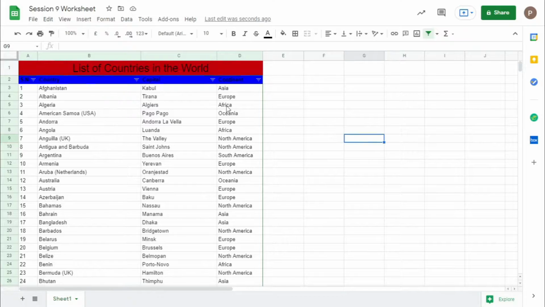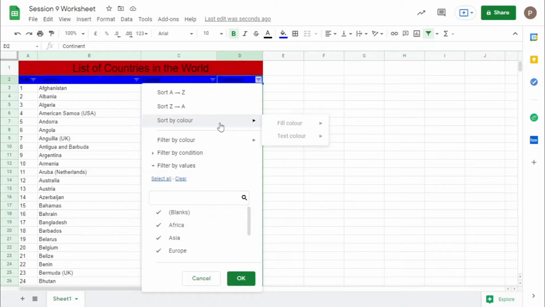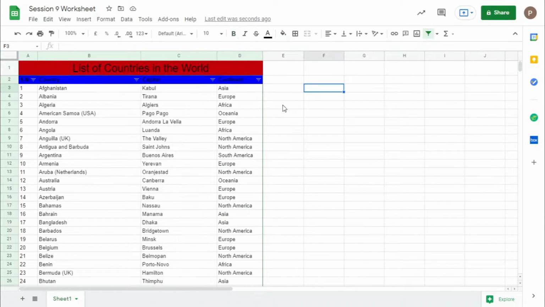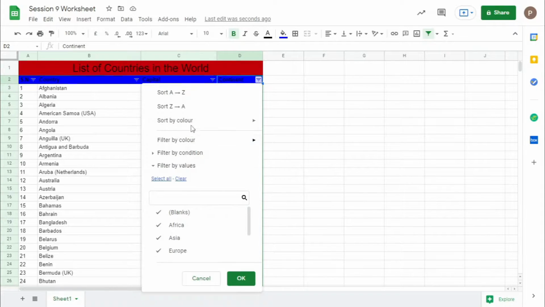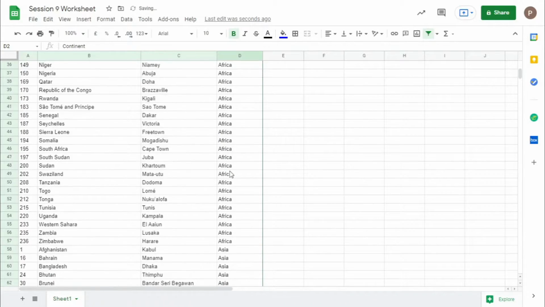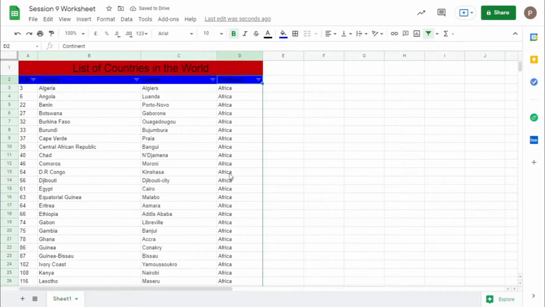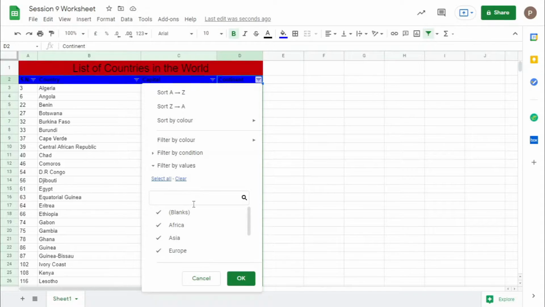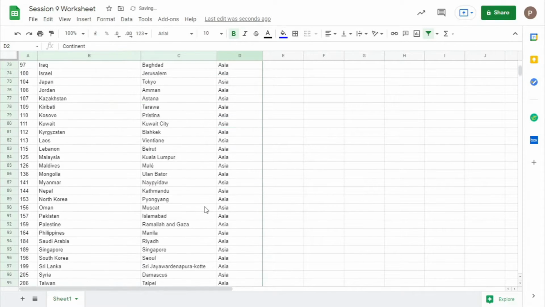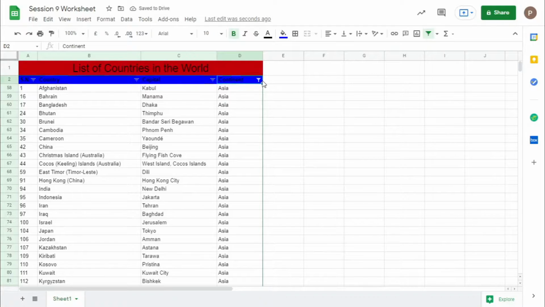So what is the use of this filter? I will show it now. If you see, there is something on top of every column. Using this, you can sort or do whatever you want. Now the sorting is on the countries A to Z. If you want, you can sort by continent A to Z, starting with Africa, Asia, however you want. And if you want a particular continent, then you can click clear and check whichever continent you want. If I click Asia, then just the countries in the Asia continent will show here.